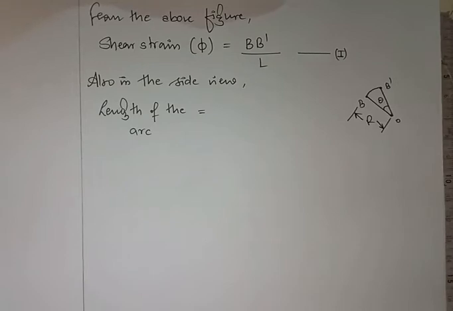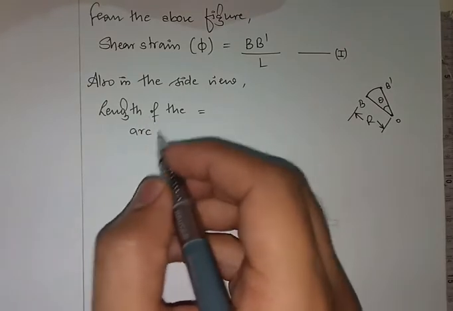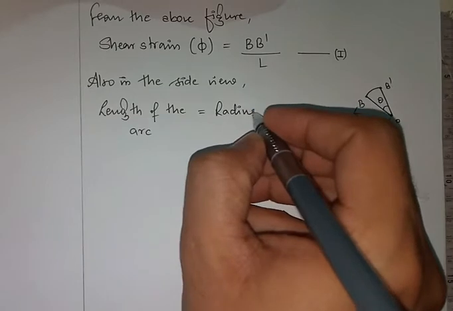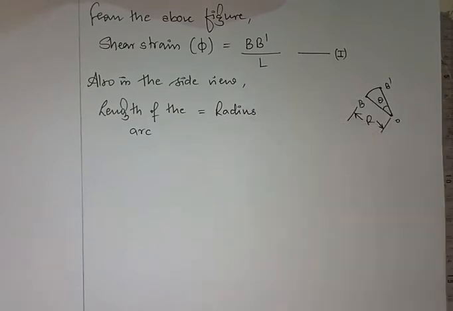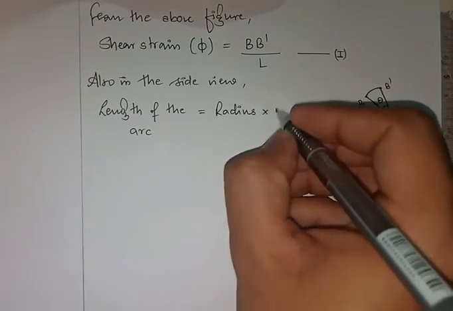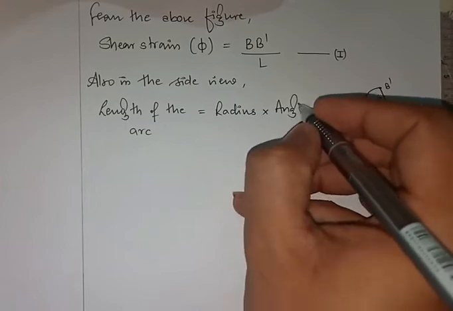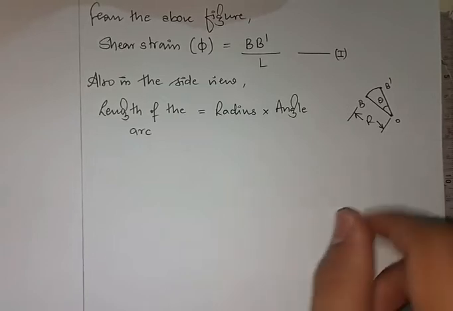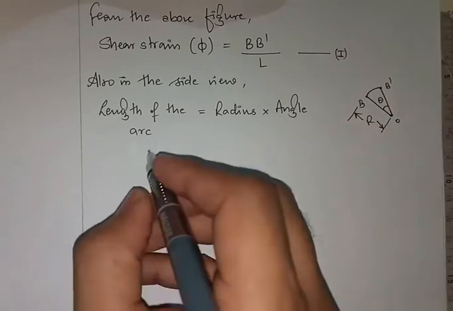From center to the periphery, this is radius. So length of the arc is equal to radius into angle. We have learned it in our PUC that L is equal to R into theta. So here length of the arc is BB dash